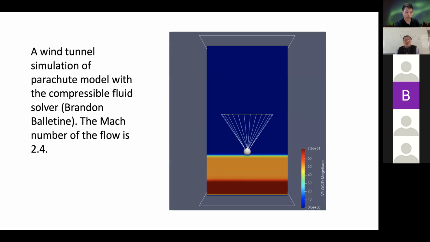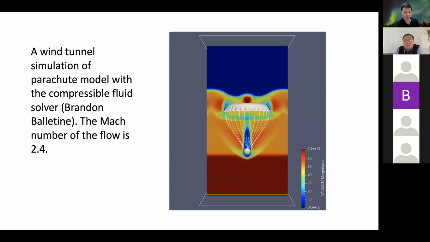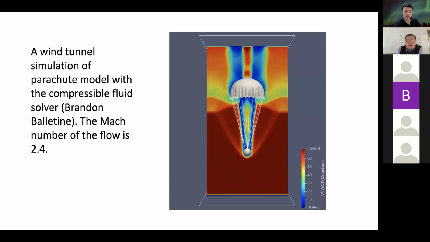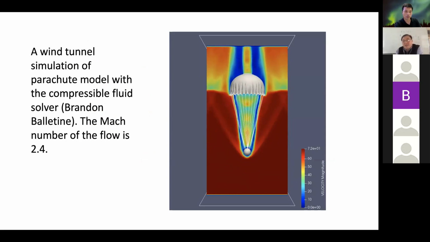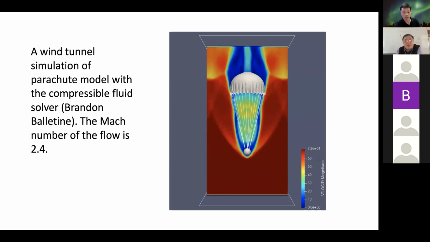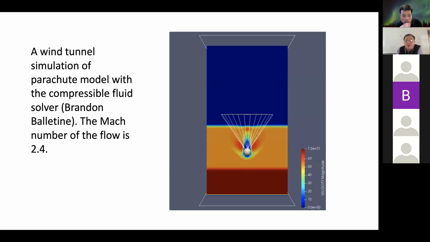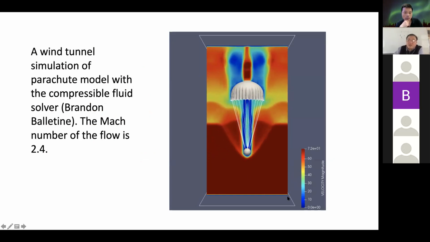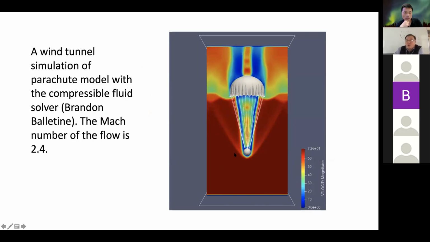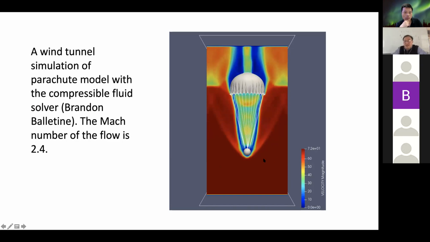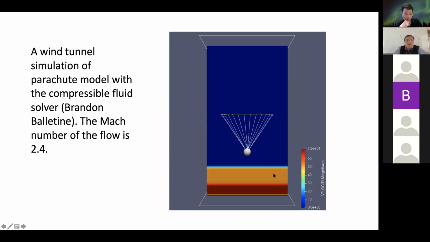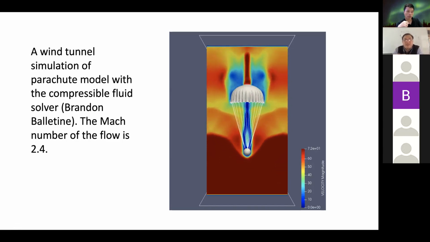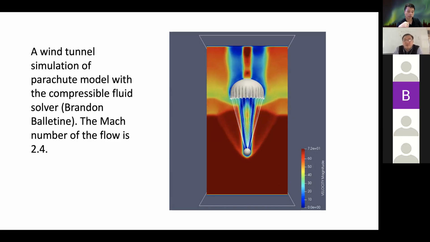And Brandon has just started this work, so I just show you one animation he made on the high speed parachute simulation. This is with a flow speed of 2.4 Mach number, and so you see the shock wave, shock front, bow shock, near the payload. So that is the general picture that I want to present about the parachute project using front tracking